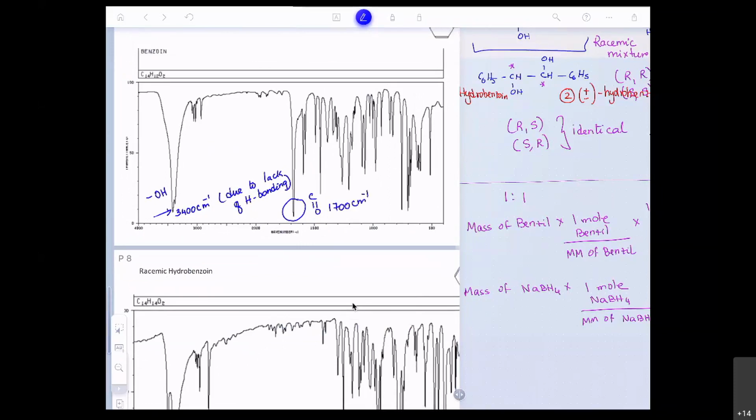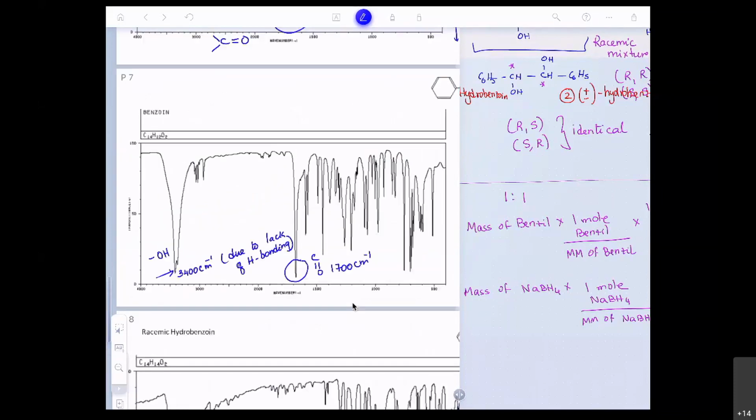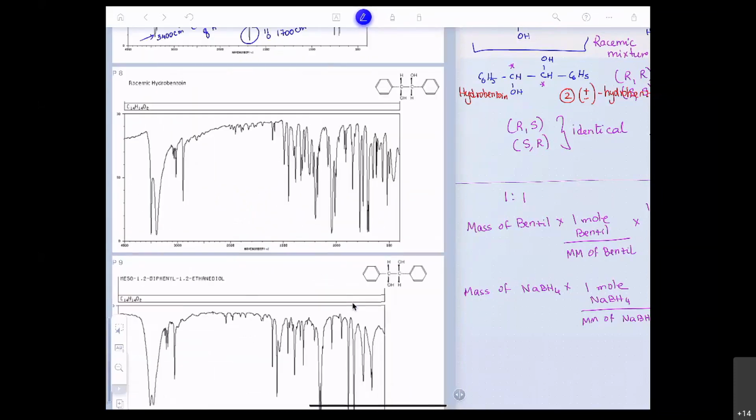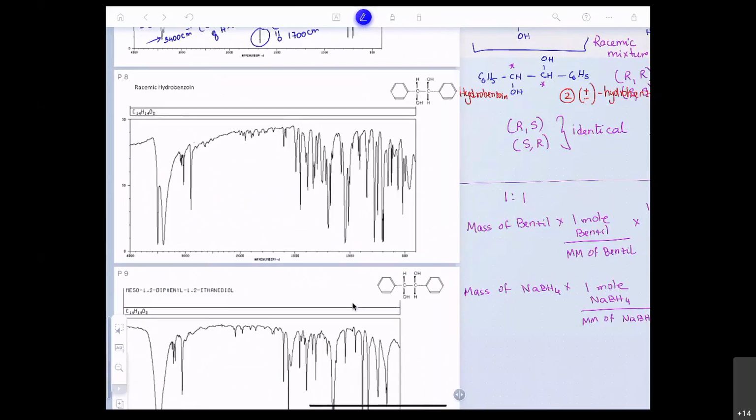So the lab flow tells you that you see a peak for the carbonyl and the hydroxyl. So you can conclude that your product is benzoin. This is your additional confirmation, which is what you would have done in the lab because it's so much more effective. If you get a complete reduction, at 1700 wave numbers, absence of carbonyl peak,